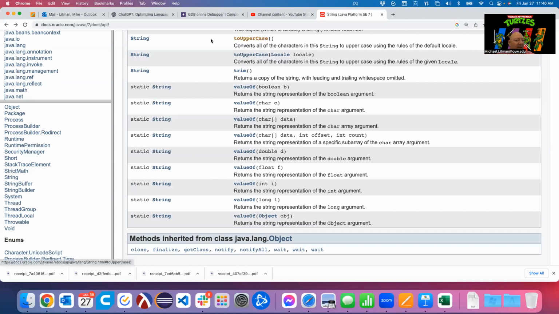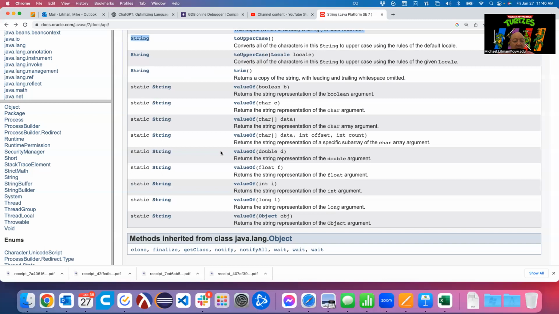So for instance, toUpperCase takes no parameters and returns a string. We know that this is an instance method because it doesn't have the word static out front. We're going to really drill that home as we talk about Java. Last time the word static was brought up for the first time, and I mentioned it's an important thing, but it didn't go very deep. If something's static, it belongs to the class. If something's not static, it belongs to an instance of the class. So we call toUpperCase on instances of the class, and toUpperCase returns a string.